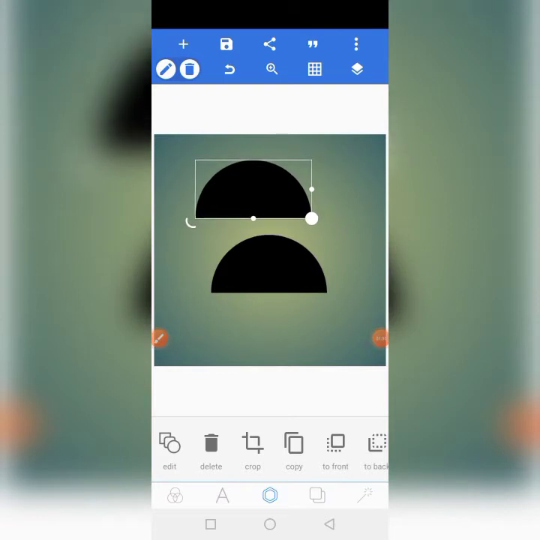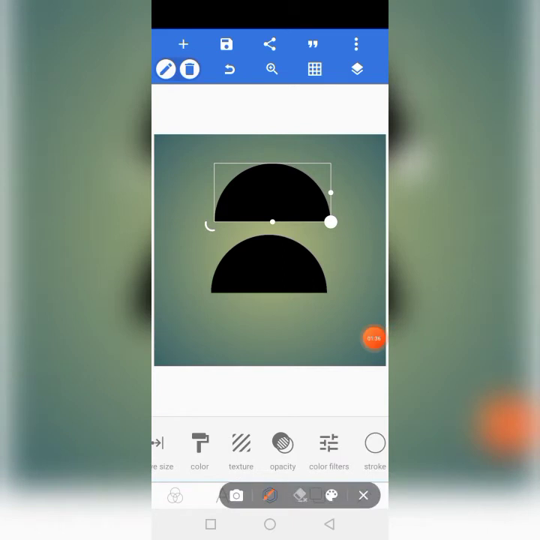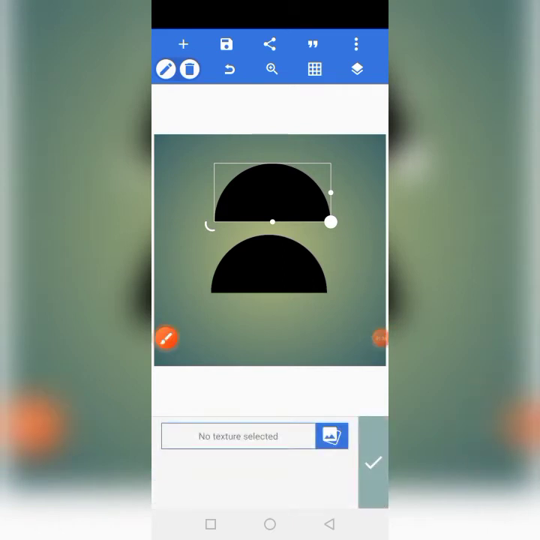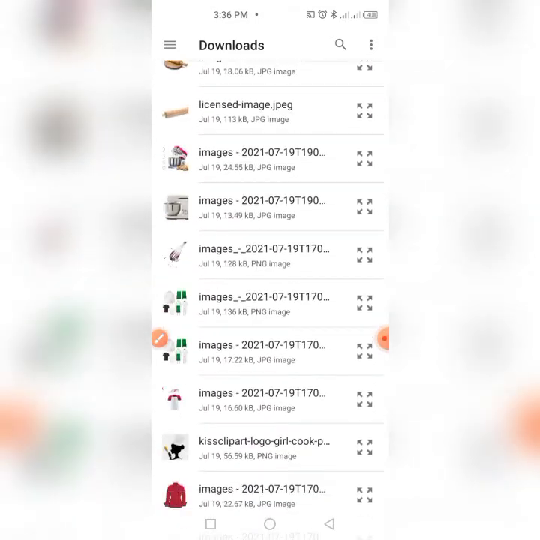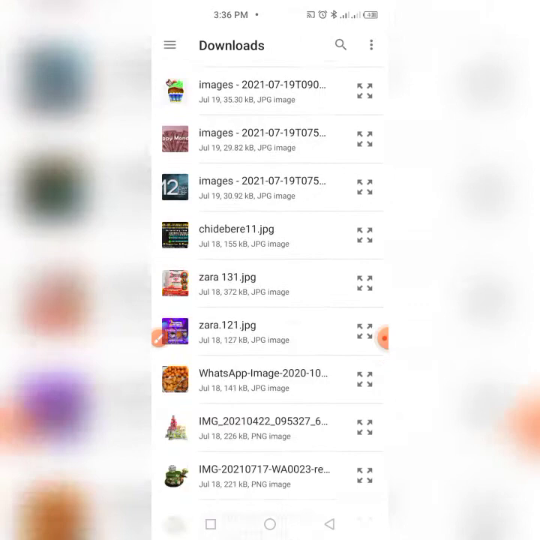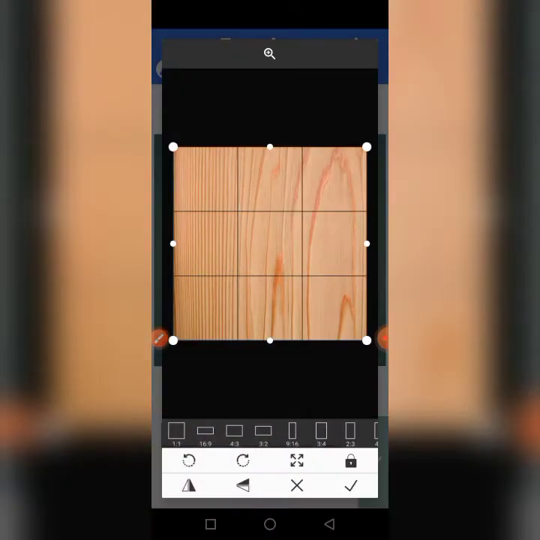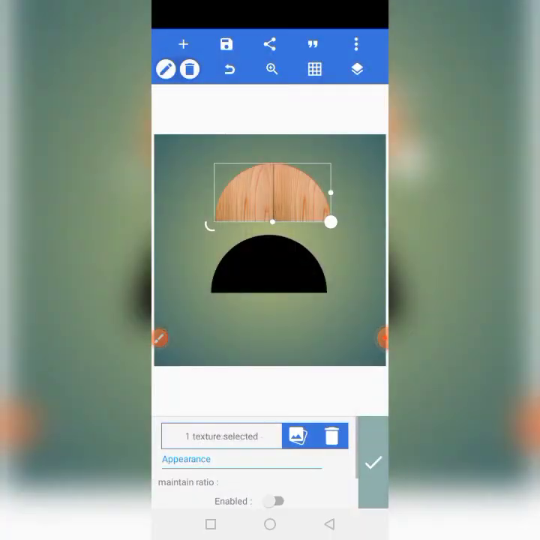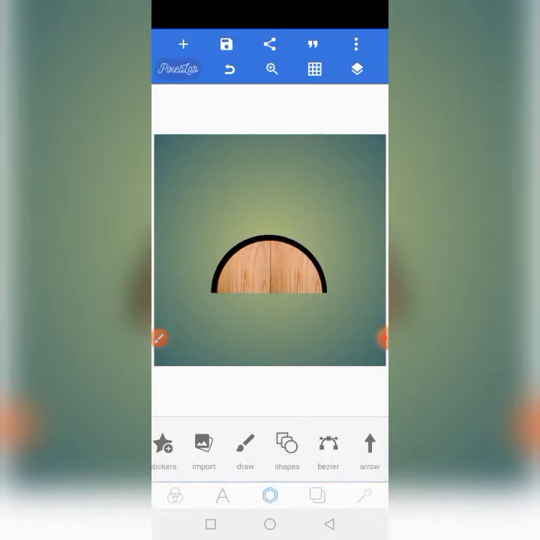Now this one you just copied, you go and give it a texture. See it here. You click on it. Now this will take you back to your phone files. You go and take the first background I sent to you, which is the light wooden background. You click on it, it will be like this. Press okay. It will appear just like this. Now you bring it down, you reduce it a bit so that they will be seeing this black line at the back. Once after this, you click OK. It will be like this.